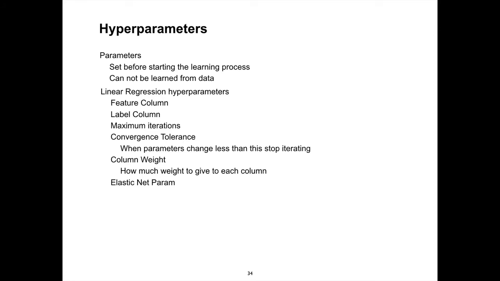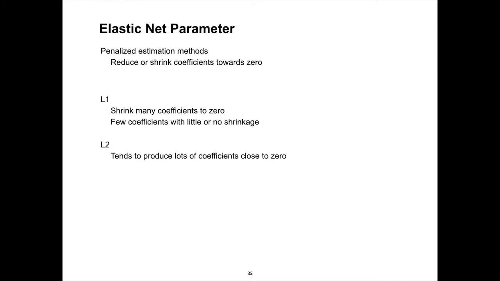And then there is this elastic net parameter. Like, what is an elastic net parameter? And it's pretty weird. So the algorithm is trying to figure out how to estimate these coefficients. And there's two of them, and they're called L1 and L2. Why? Because someone, many years ago wrote a paper on these algorithms, and they said, we're going to do it this way or that way, and they call this one L1, they call this one L2, and the name stuck, right? And so unless we go back to that paper and read what the algorithm does,